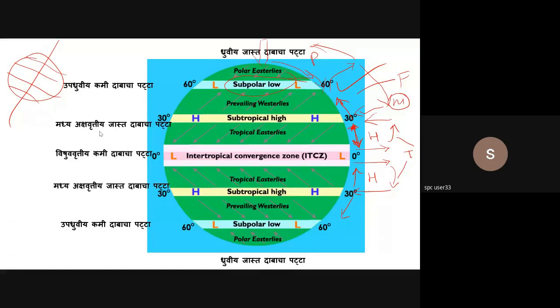And it is these convective cells, two of which are thermal and one of them is mechanical, that lead to the formation of alternating pressure belts. Alternating pressure belts. You're going to have 3 low pressure belts. You're going to have 4 high pressure belts. This is all about pressure. We are still not speaking about the winds, the global wind patterns as such.